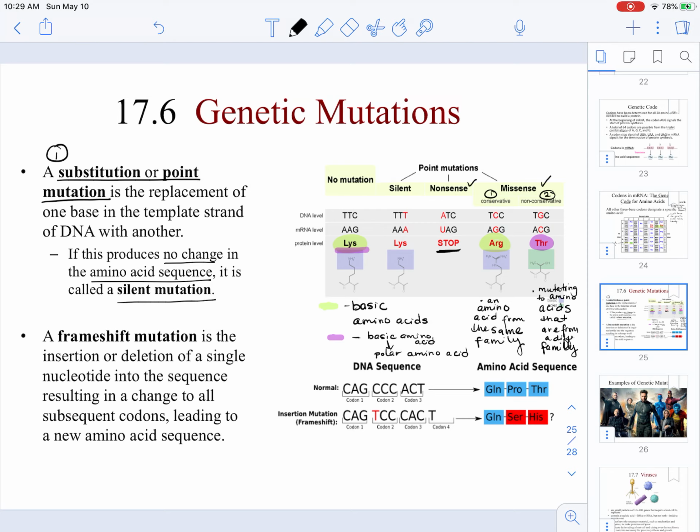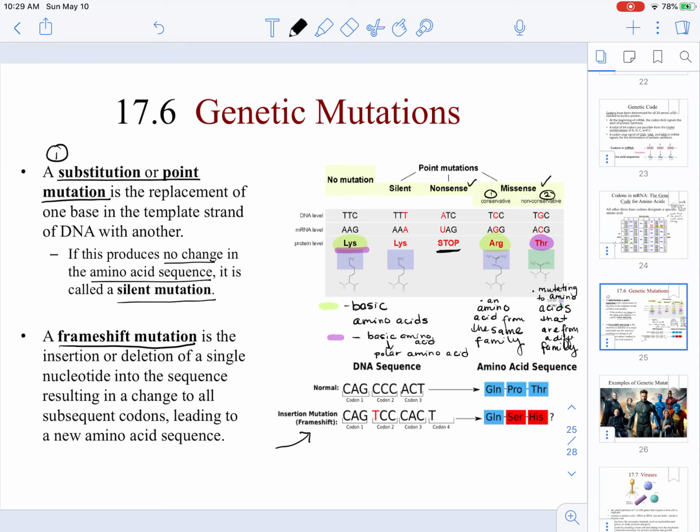In addition to substitutions or point mutations, we can always have a frame shift mutation. And understand that frame shift mutations are always going to be affecting the protein, okay? So when we have a frame shift, that is going to come from deleting a few codons or adding new codons, okay? So as you can see here, in the example that we have in the bottom of the figure,